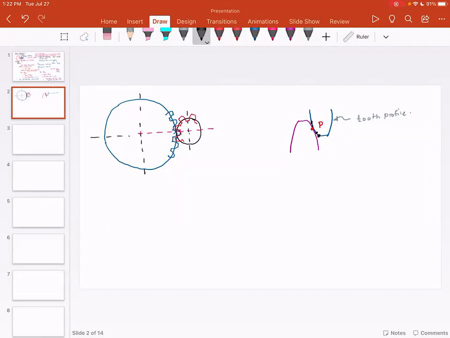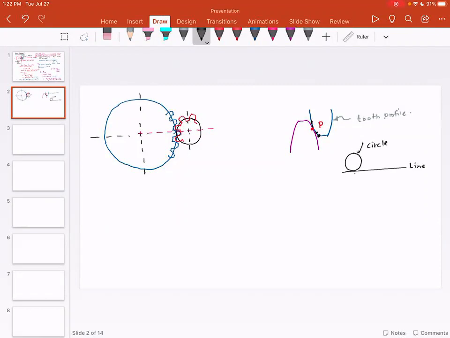And we want this contact to be smooth. One way smooth contact can be achieved is by creating a profile that rolls on a circle. So think about it: if I have a circle, and this line,